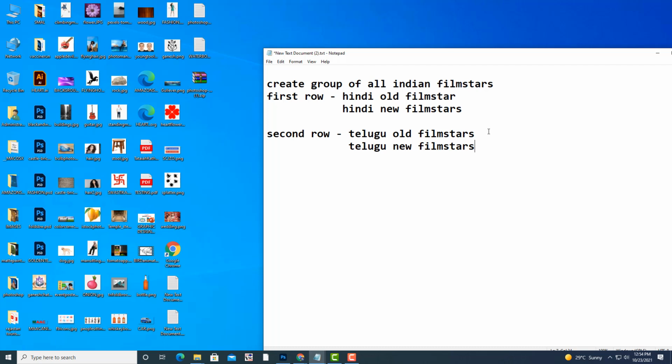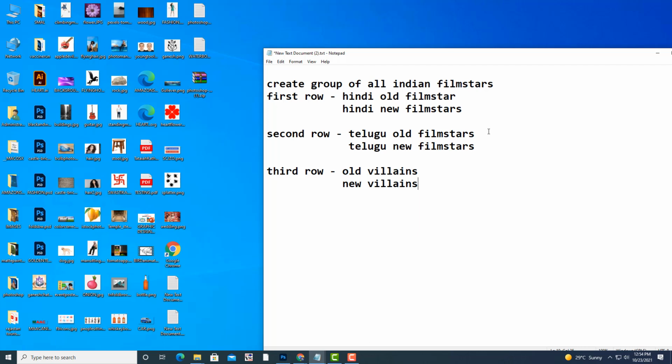And I will also give you one option. This is optional, this is not compulsory. You can create a third row, and you can create old villains and new villains. And this includes all languages.